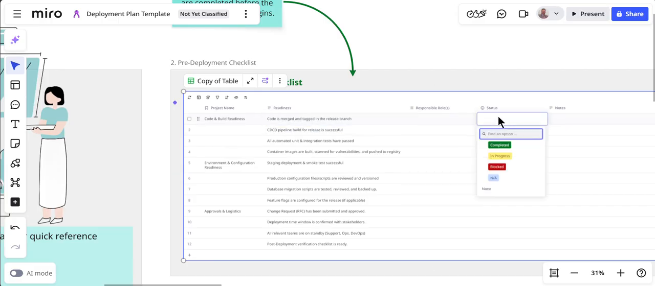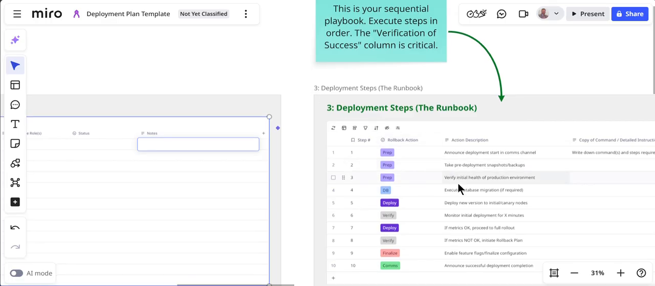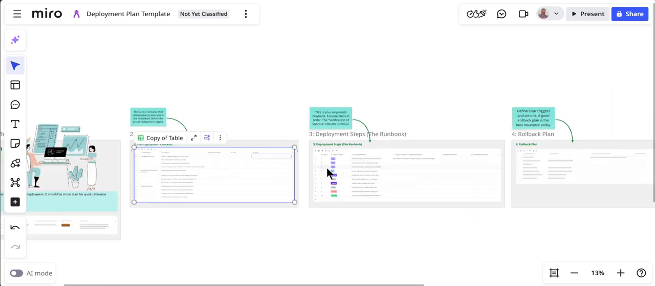Then status, and among the status you can select from completed, in progress, and blocked, and you can add additional notes over here. Then comes the deployment steps. So the deployment steps, which is in fact a run book of your deployments. So it starts with the unique identifier by defining the steps. As you can see here, there are altogether 10 steps that are defined here